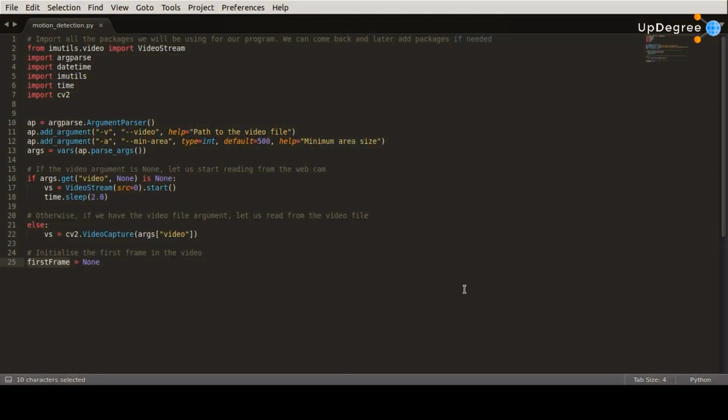What is the theory behind motion detection? So we are going to build this motion detection app using something called background subtraction. So a little bit about background subtraction. Background subtraction is critical in many computer vision applications. We use it to count the number of cars passing through a toll booth. We use it to count the number of people walking in and out of a store. And we use it for motion detection.